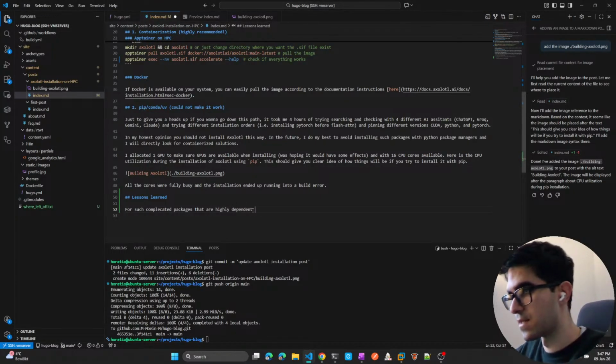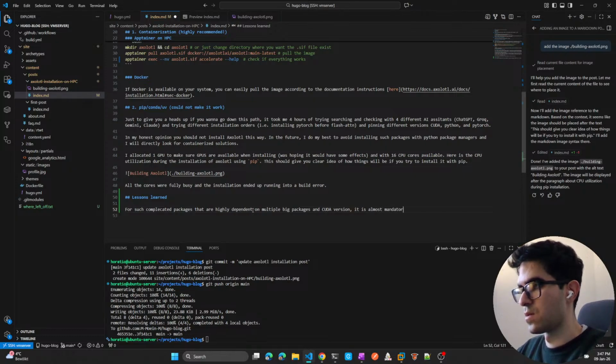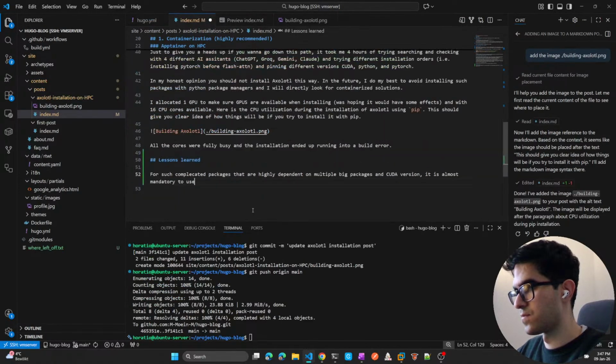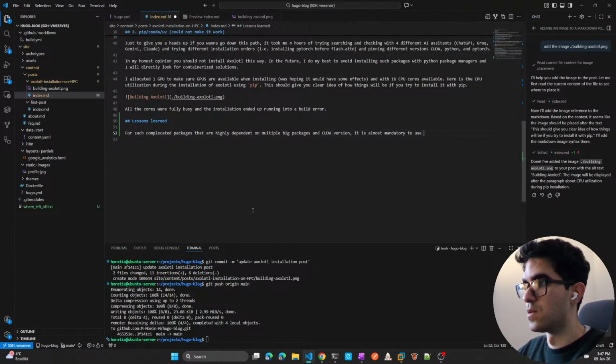They're highly dependent on multiple big packages and CUDA versions. It is almost mandatory to use these packages through their